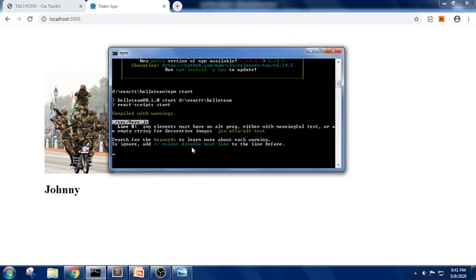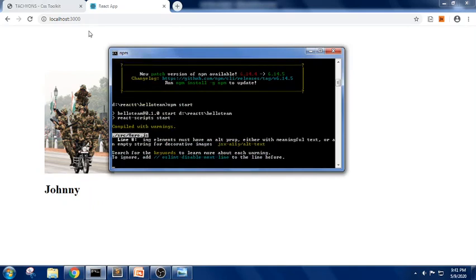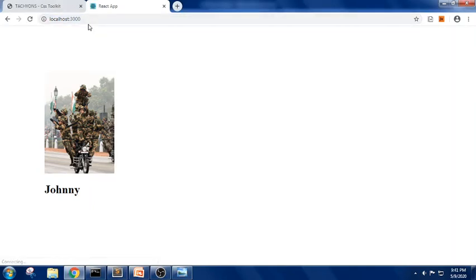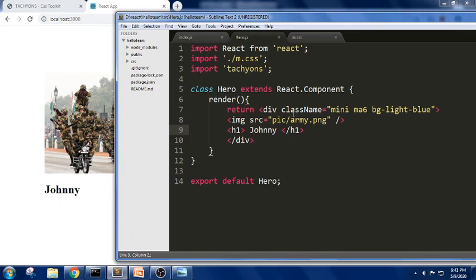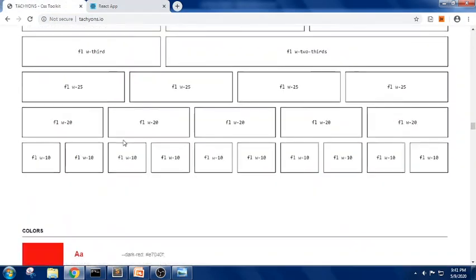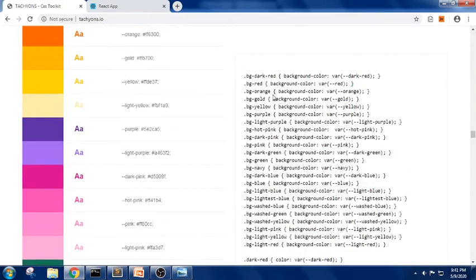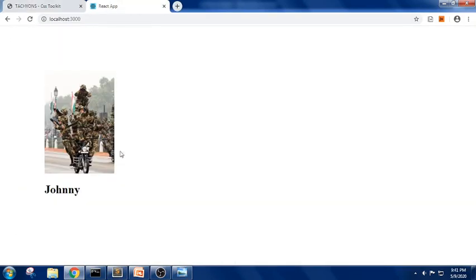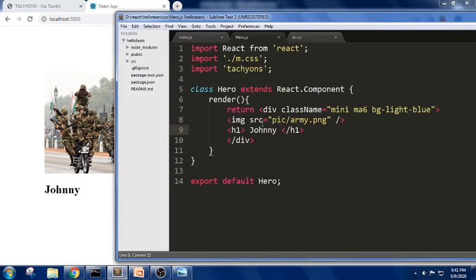Yes, it is taking some time. As it is taking some time, let us wait. So here we can write the different class names like bg-light-blue. As we have seen here, there are multiple class names, like bg-hot-pink. So we have used bg-light-blue, this class name. We can take any of the class names which we need in this application.